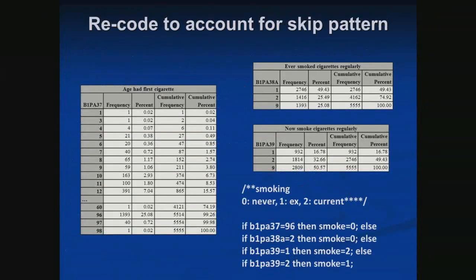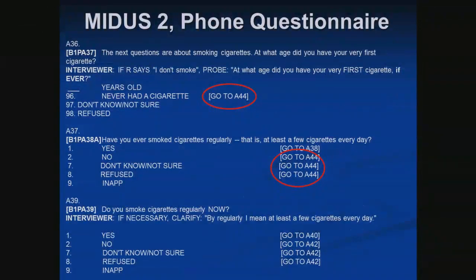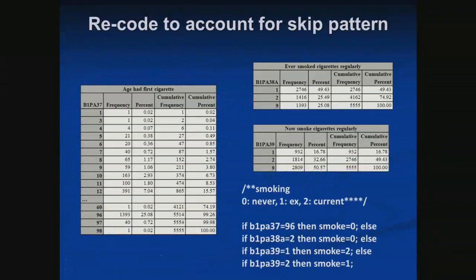So age that they had their first cigarette, right? So the 96 was never had a cigarette. So I want these guys. They never had a cigarette. By the way, look at this big mistake for Midas. So not big mistake, but 96 can be an age, right? Now it's an unlikely age where you're going to smoke your first cigarette, but it doesn't matter. It's a valid age. So I would not have made 96 one of my codes,